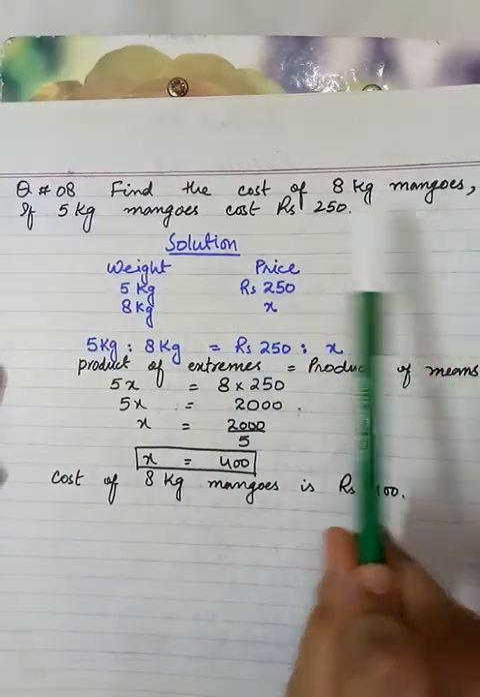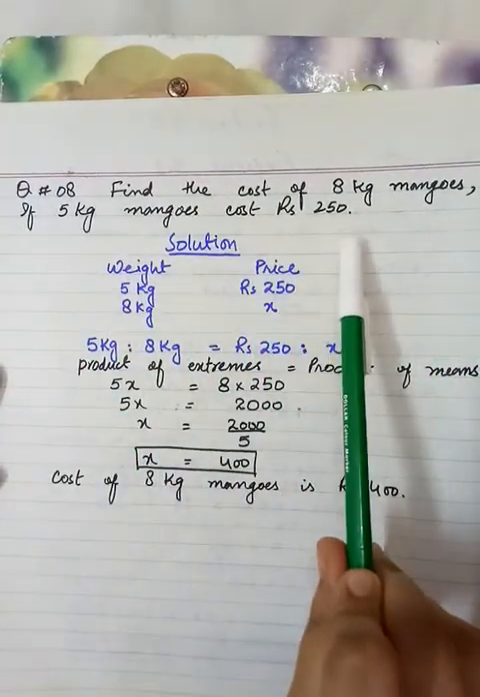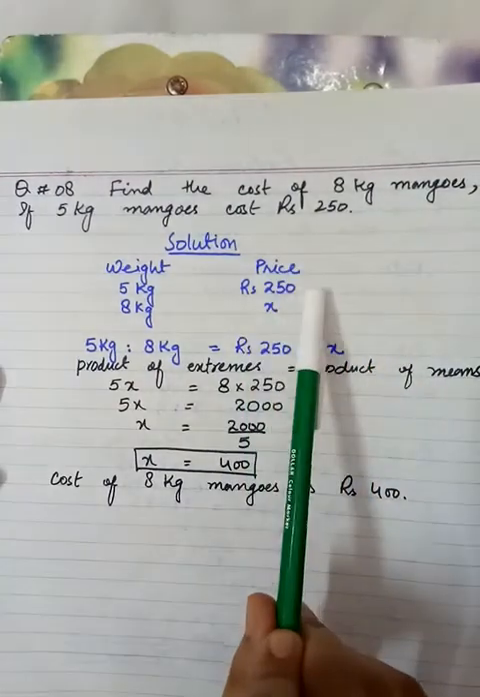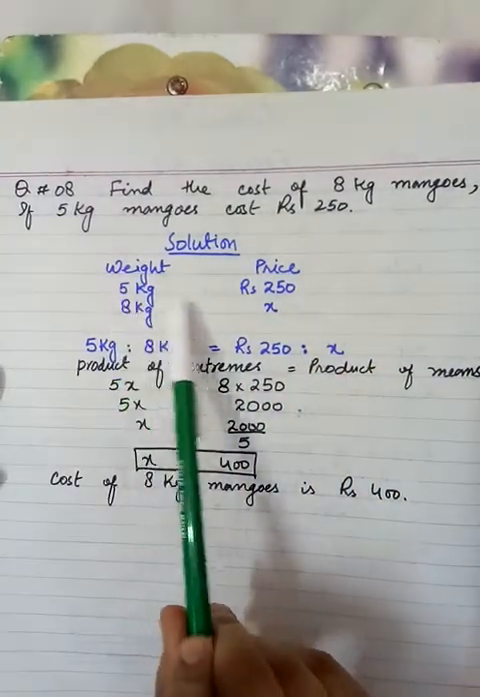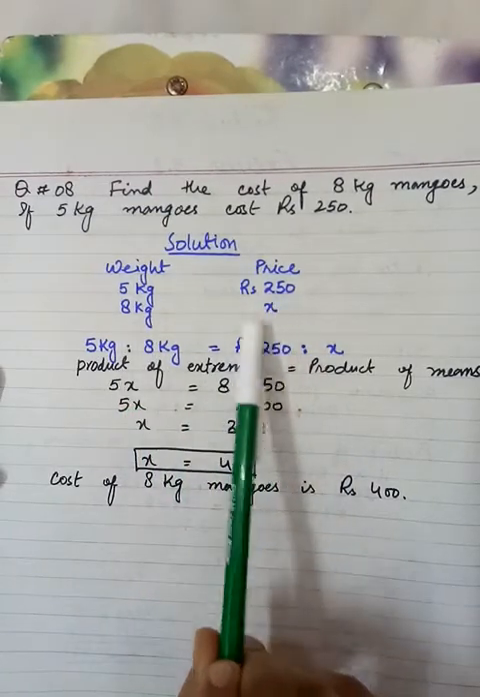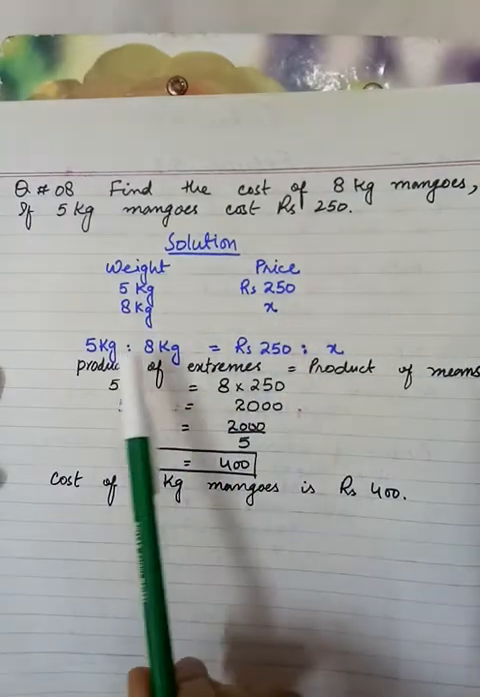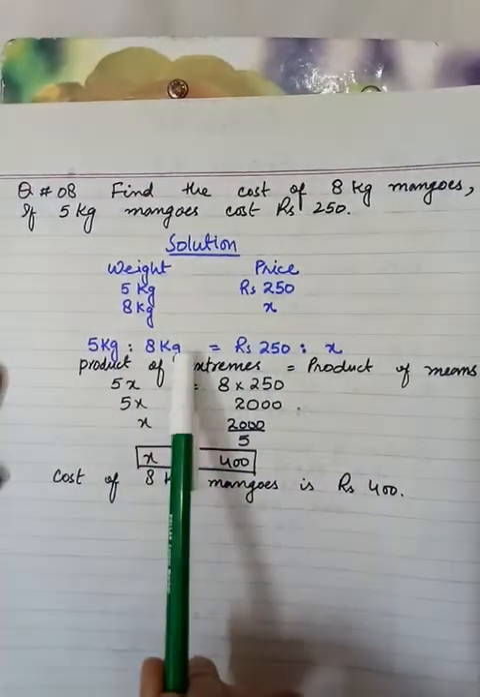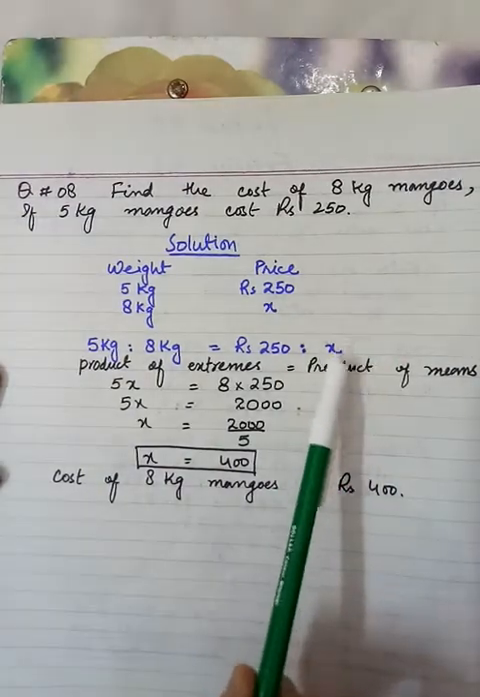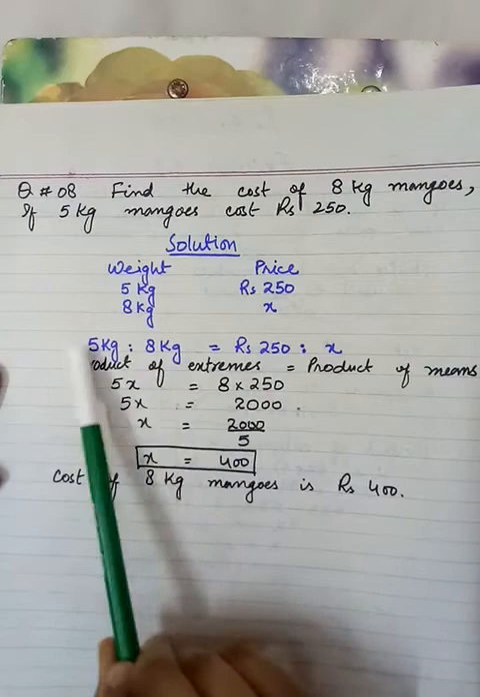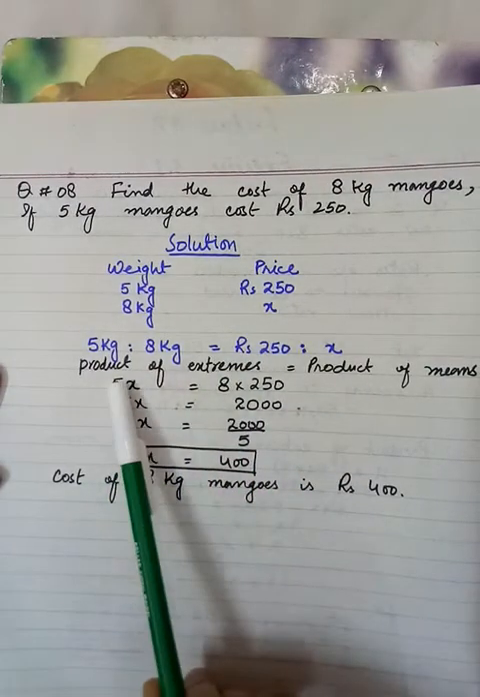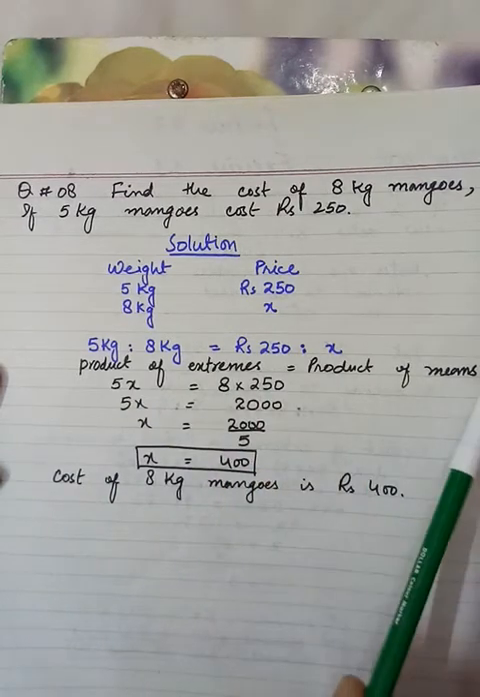Find the cost of 8 kg mangoes if 5 kg mangoes cost rupees 250. What is given? Weight and prices of the different weights. 5 kg mangoes cost rupees 250 and 8 kg mangoes cost we have to find, that is unknown. Make the ratios of weight and make the ratio of prices also. Second quantity we don't know, so we use x. We know that equality of two ratios is called proportion. For proportion we use product of extremes is equal to product of means,